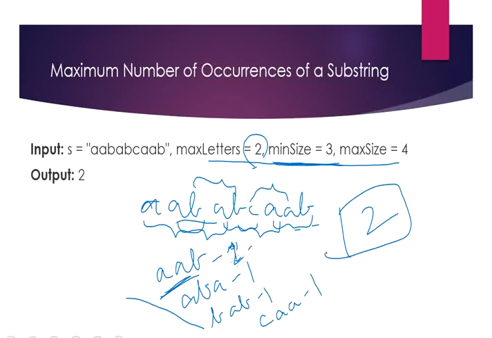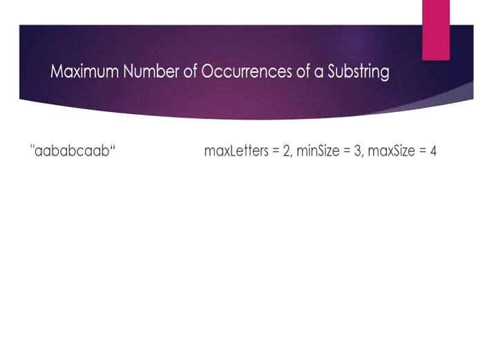Now we are going to approach this problem in two ways. That is, we're going to have two different algorithms explained in this video. So let's see our first algorithm. Our first algorithm is the same method I explained previously. We're going to consider a substring of min size and check whether it satisfies all the conditions, and if it satisfies the conditions, we are going to add it to a hash map with its occurrence. So once we populate all the substrings with their occurrences, finally we are going to check which is the maximum